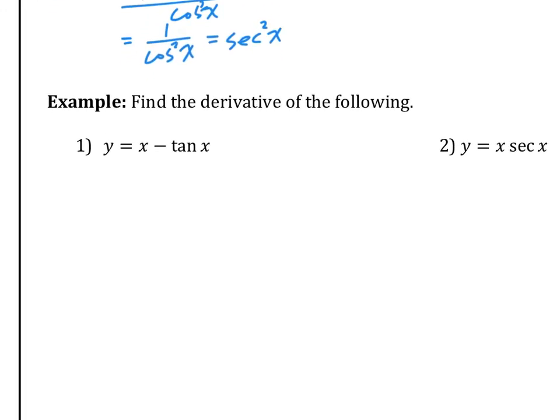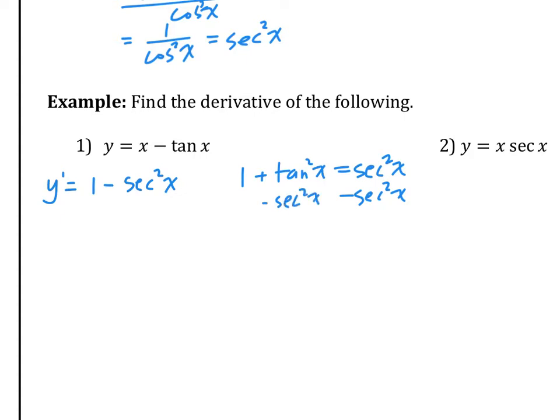Find the derivative of the following. This is pretty easy, just apply the same rule as before. Derivative of x is 1 minus derivative of tangent x, which is secant squared. So 1 minus secant squared. And if you do want to go one step further, you can remember that 1 plus tangent squared is secant squared. And then if we're trying to figure out what 1 minus secant squared is, we can just subtract secant squared on this side,